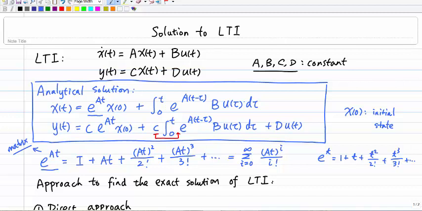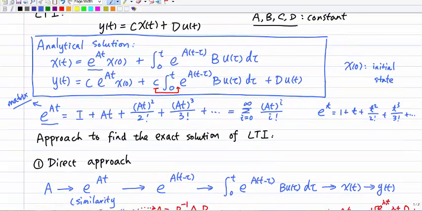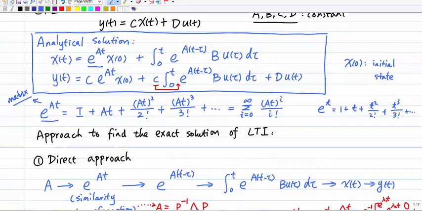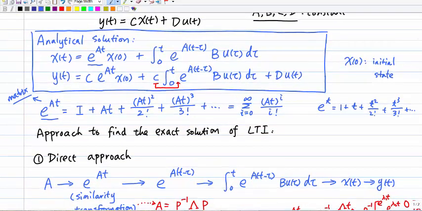Of course, that's one way. The other way is also linear. We can use a Laplace transform and inverse Laplace transform. A lot of the time that way can be a little easier. All right, so typically there are two approaches that we can use to find the exact solution to the